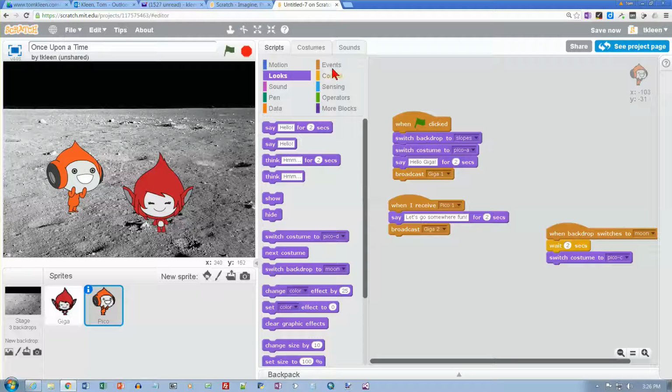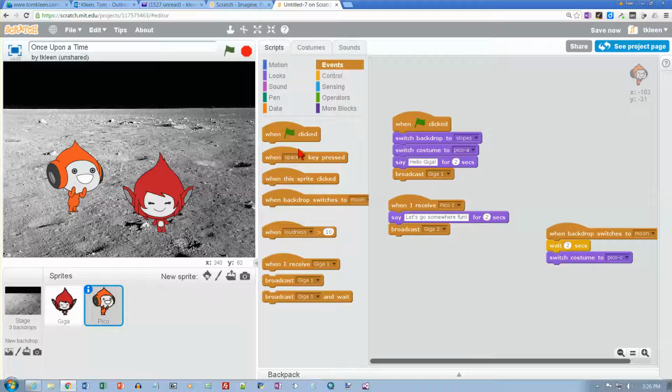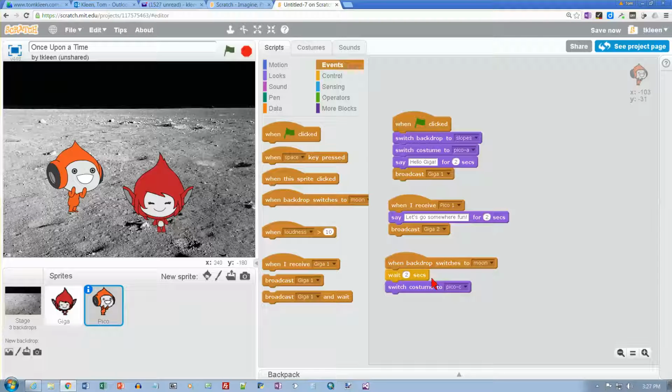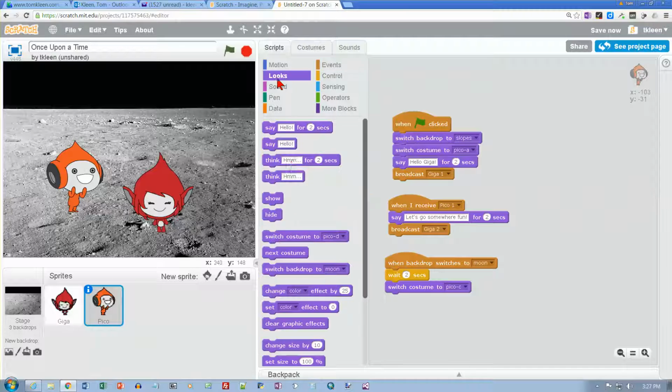and we're going to do another when I receive. So when I receive, and I'm sorry, not when I receive, when the backdrop switches. Oh, we've already got that, don't we? Okay, so when the backdrop switches to moon, wait 2 seconds, switch costume to Pico C, and then I need to add one more instruction here. We want to say,